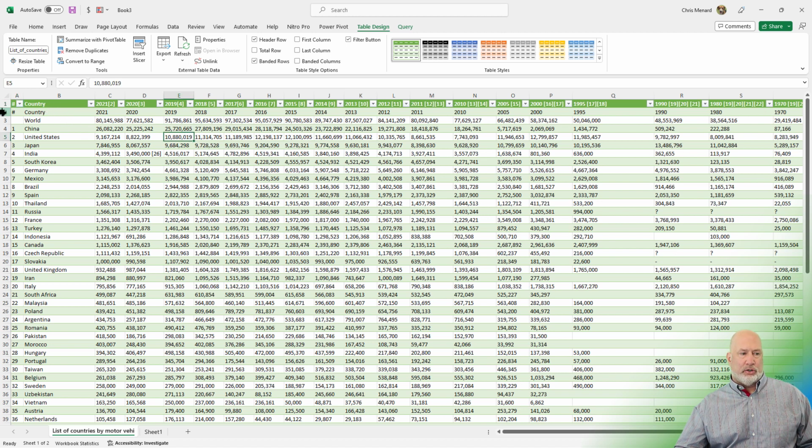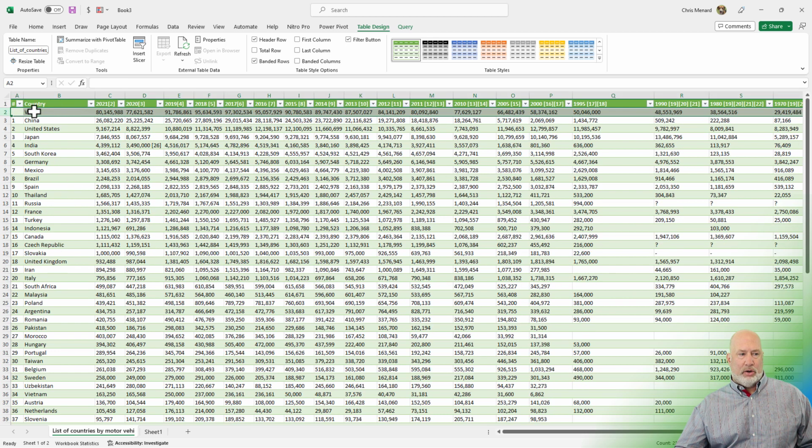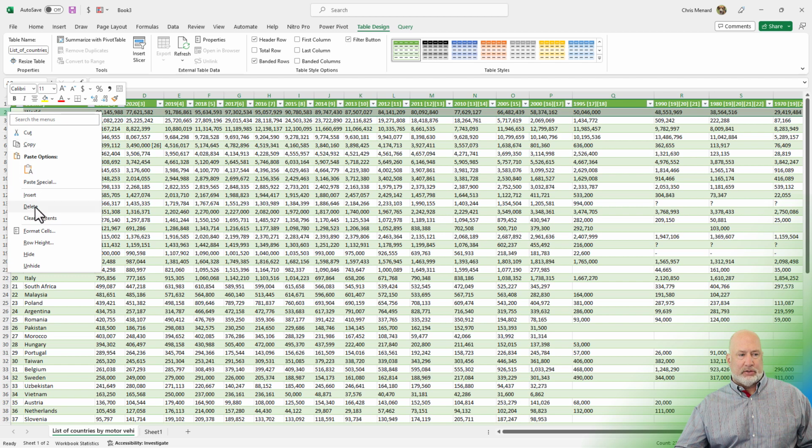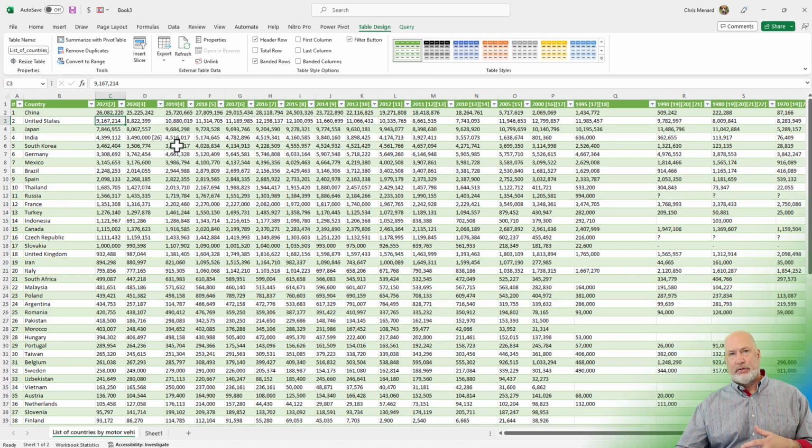Click in this data. I've got this row in here twice, so I'm going to delete row 2. So now I've got my header row. I don't need these world numbers. I may summarize them myself, so delete that. And now I'm sitting here with these countries, China, US, Japan. There you go. And I can sit here and sort and filter.